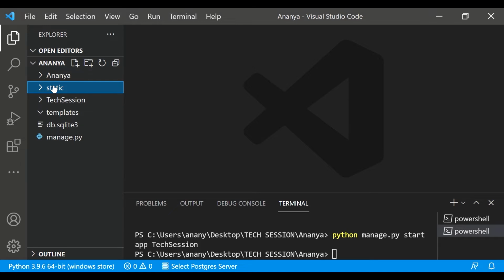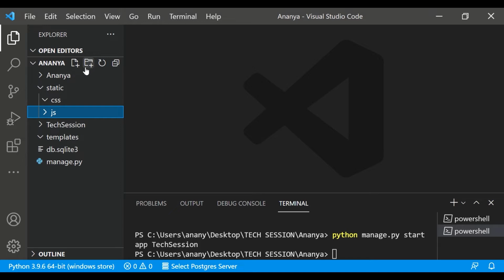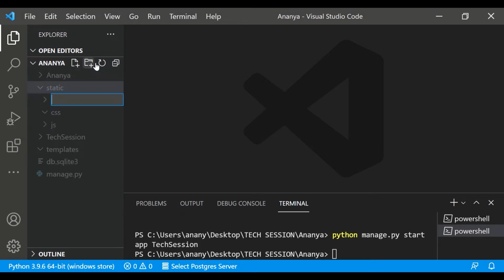So inside static, there will be a CSS folder, a JS folder, and a folder named images. And whatever extra files you require for icons or fonts, you can create those folders and put them in the static folder.